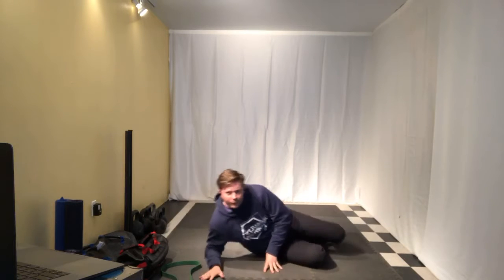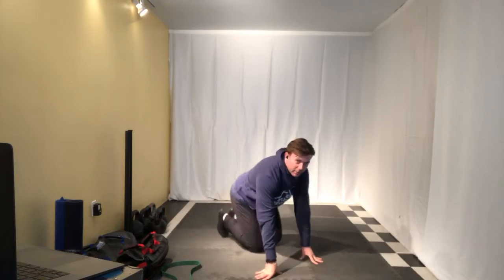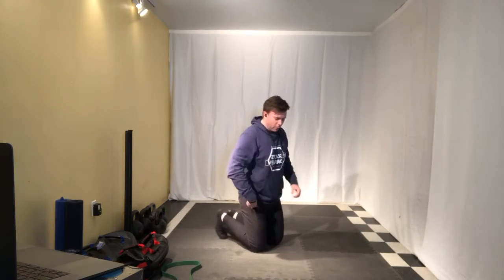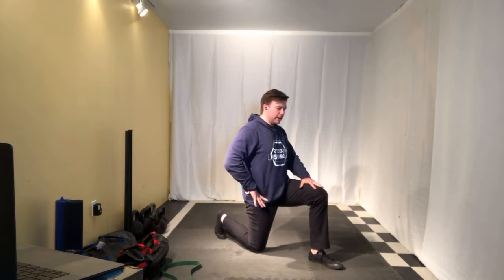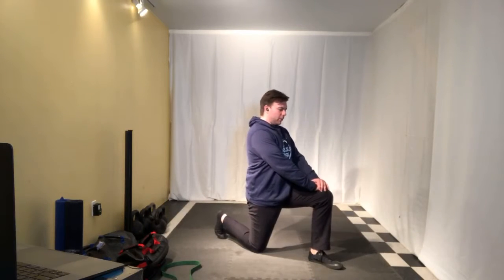Next, half kneeling hip flexor stretch. So we have our back lunge today, so we're going to try to loosen up the old quads. So one knee up, one knee down. We're going to dig in the toes. You want to kick your knees and toes down into the floor, squeeze your butt, and then let the hip